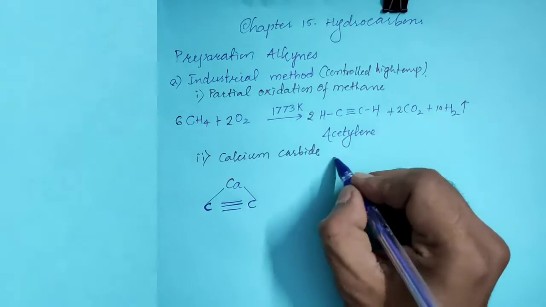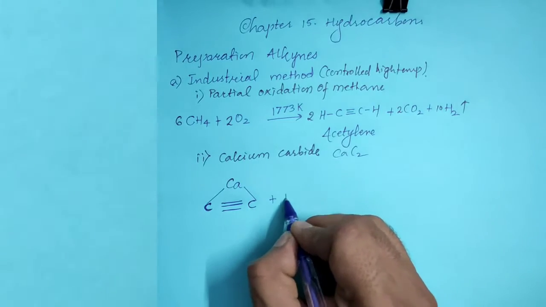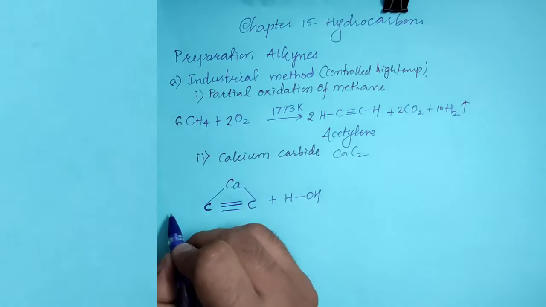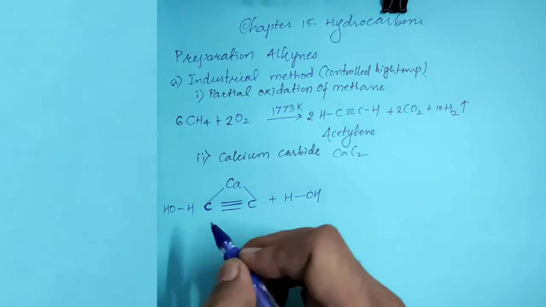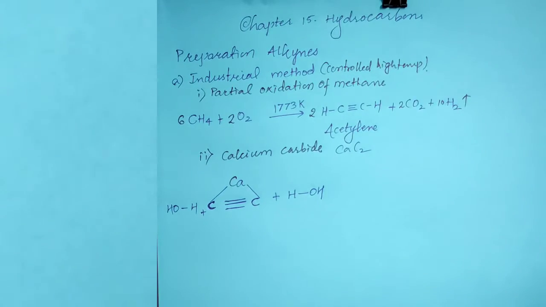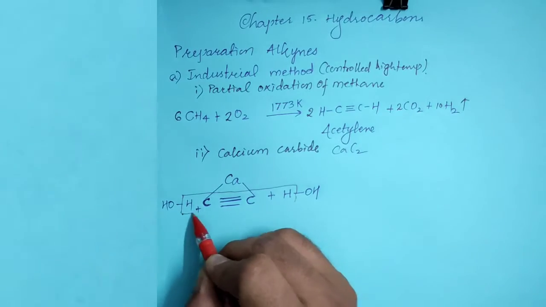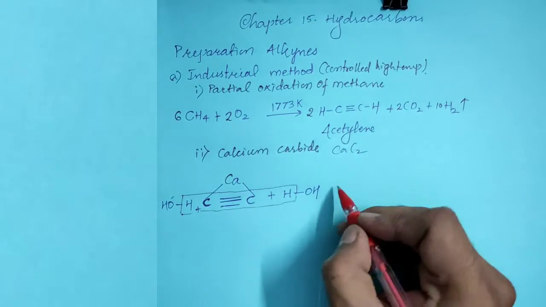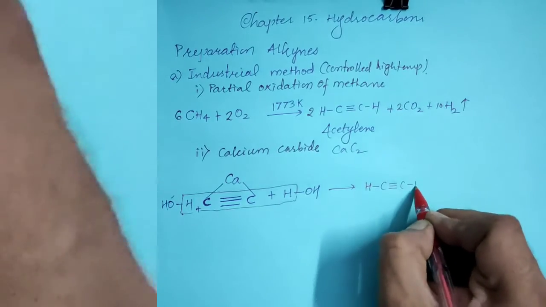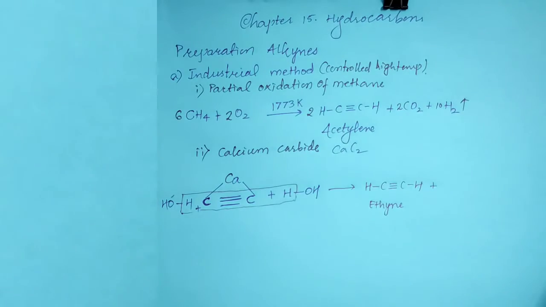The formula is CaC2. The valency of calcium is 2. We will be doing the hydrolysis reaction. In this way we can write the water molecule in a smart way, so that the elimination of calcium hydroxide will take place. Addition of 2 water molecules and acetylene is obtained. See in this way. And calcium hydroxide is formed. Acetylene, or we can say ethyne, the IUPAC name, plus calcium hydroxide is given out.